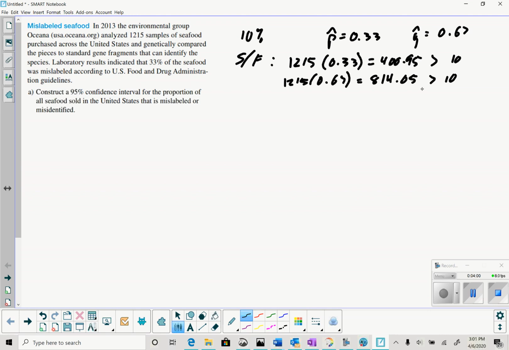interval. So we're going to start with, again, our lovely formula says we're supposed to start with p hat, which is the 0.33. Plus or minus is how we're going to get the interval, the upper and lower bounds of this. Now, a lot of you had a question about that z-star number. We're supposed to construct a 95% confidence interval for the proportion here. Unfortunately, that's not a function that Texas Instruments or anybody else really has programmed into their calculators to do quickly and easily. These critical values, the z stars, are either something that you're going to have to commit to memory,